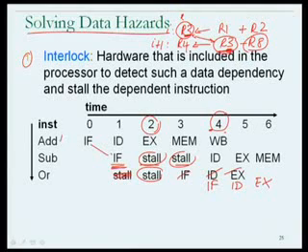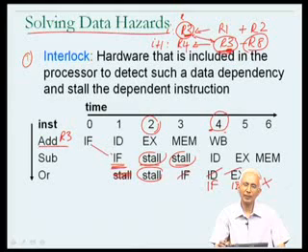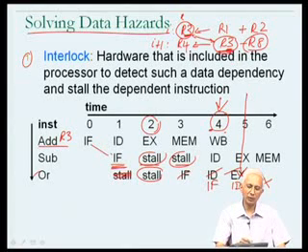Remember that R3 is the destination of the add instruction. Is it safe to allow the OR instruction to just go through the pipeline, or will it also have to be delayed further as far as entering the ID stage is concerned? We notice that the assumption about the point in time at which the add instruction updates the register file was that the add instruction updates register R3 in cycle number 4, and therefore it's obviously safe for the OR instruction to read the register file in cycle number 5. Therefore there's no problem as far as the OR instruction is concerned, even if it has the same source operand